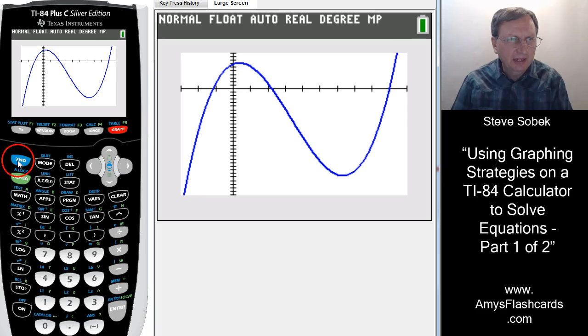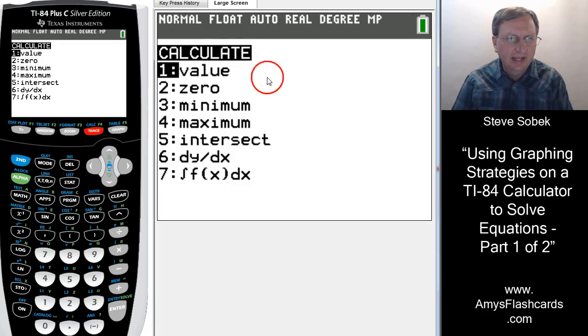We go in, we hit the second button, this blue button up here, second, and right above the trace key we can see it says calculate. So hit second, calculate, and from this menu we're trying to find the zeros of the function, and that would be number 2. So hit a 2 on your calculator,